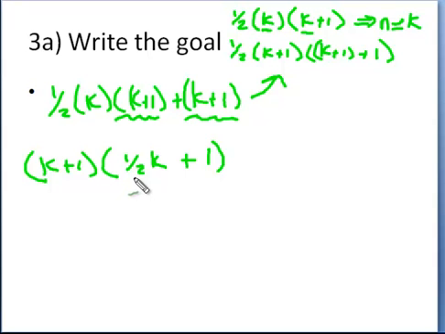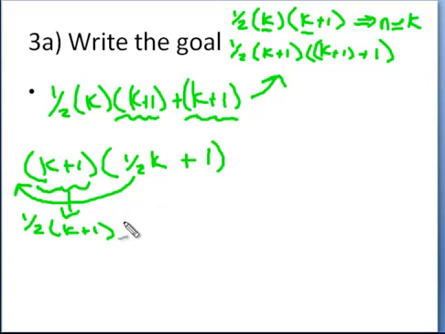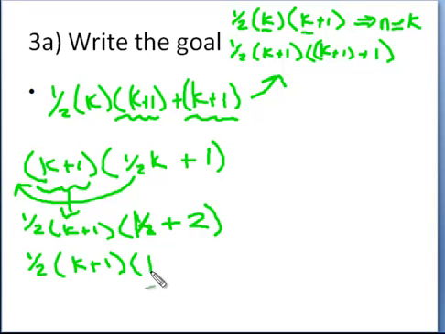Now if I factor out the 1/2, I'll take that out. I'll have 1/2 on the outside. This next k plus 1 comes straight down, and I'm factoring the 1/2 out of here. I factored out the 1/2, so k plus 1/2 factored out gives me 2. 1 divided by 1/2 is 2. And now we have the 1/2 k plus 1 times k plus 1 plus 1,